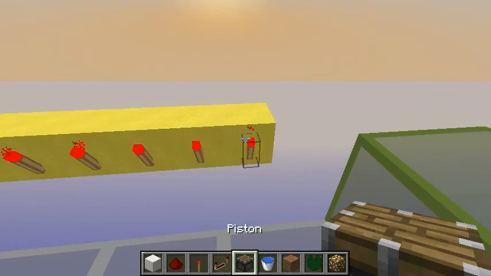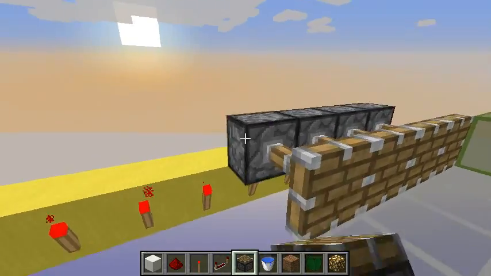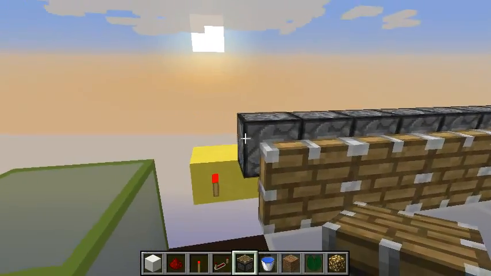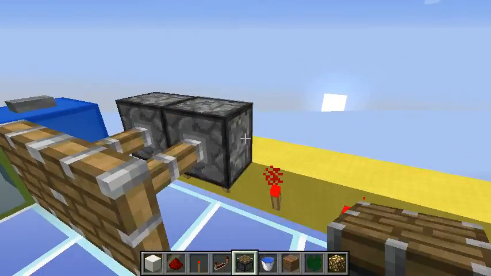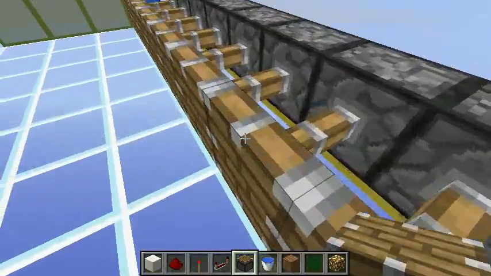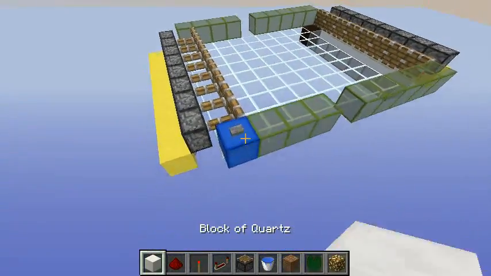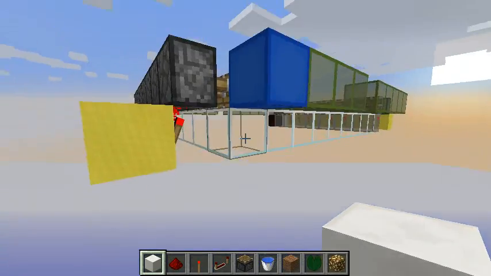And here we will have a bunch of regular pistons. We don't need any sticky pistons here, so don't worry about slime balls or anything like that. And those pistons are going to push the floor for us. So to add our control line, or the first control line, all we need to do is to have